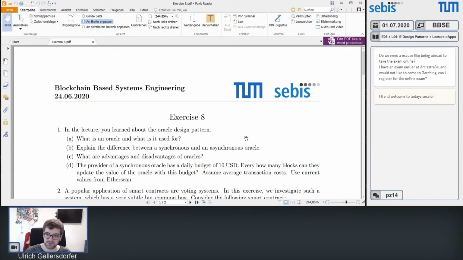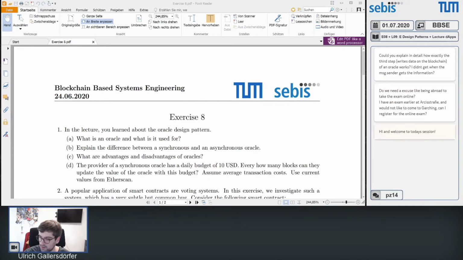Explain the difference between synchronous and asynchronous Oracle. I think there is a question about that already on Tweetback, which we can cover here in a second. So I'm trying to pull up the slides for the respective